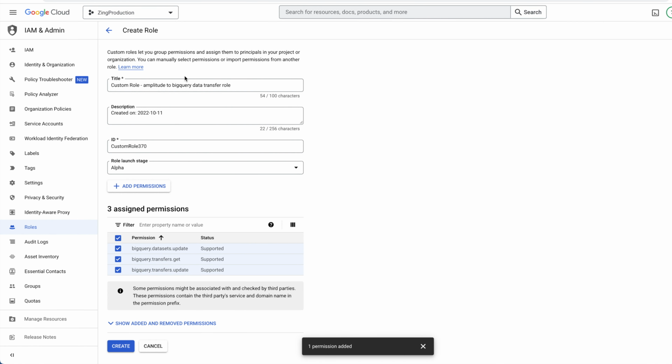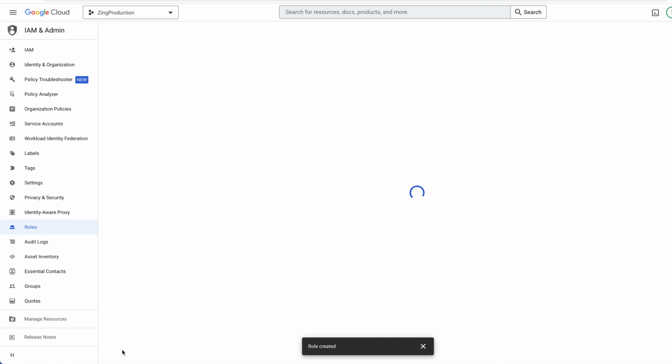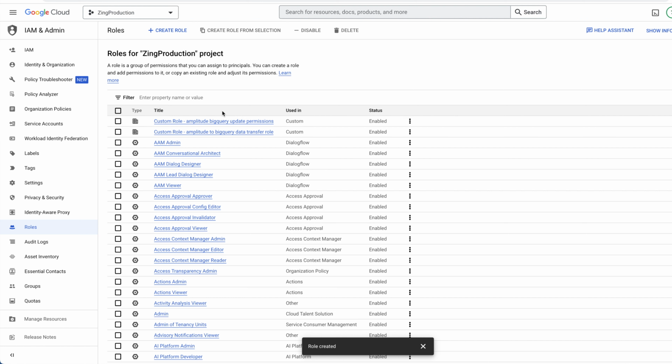Great, so we've now created these 3 permissions within this new custom role we created,